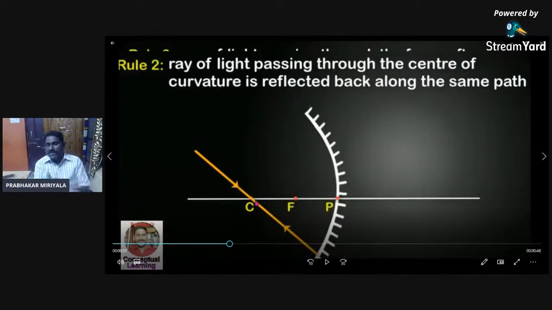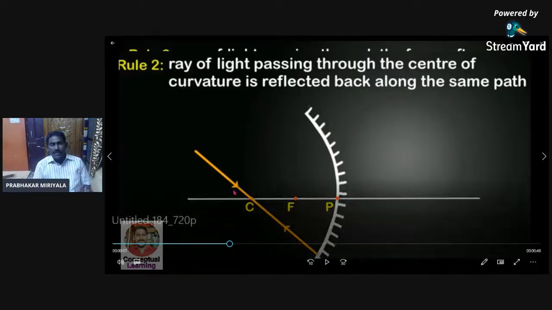We know that angle I is equal to angle R. Hence angle of reflection is also 0. So because of that the light ray which is passing through center of curvature, after reflection it is reflected back